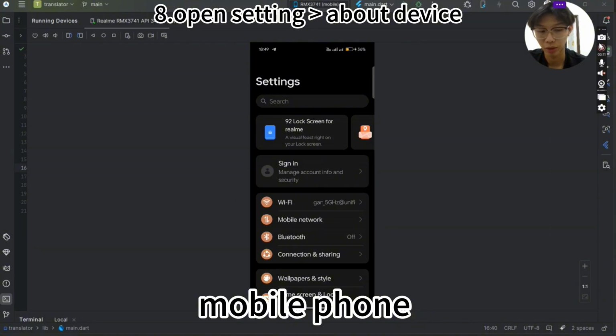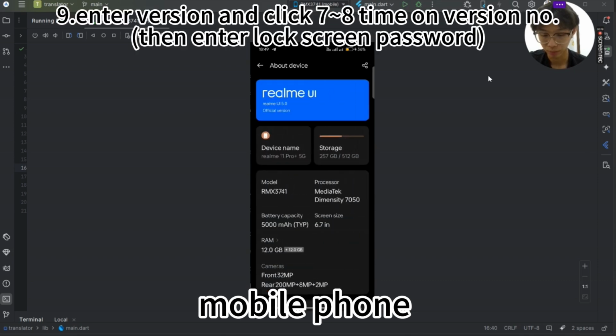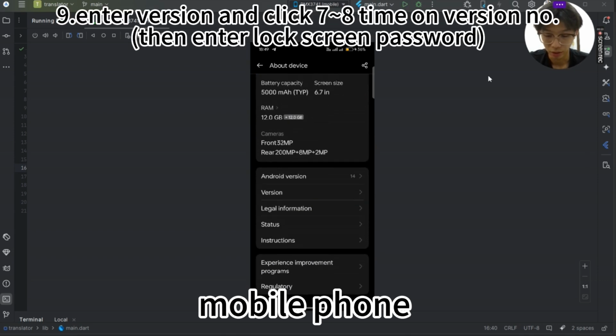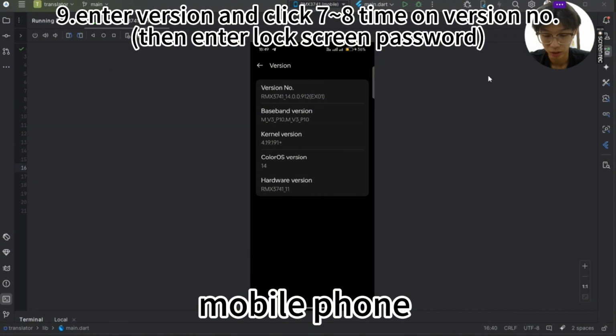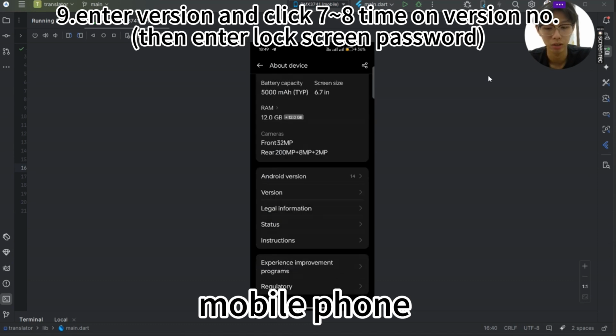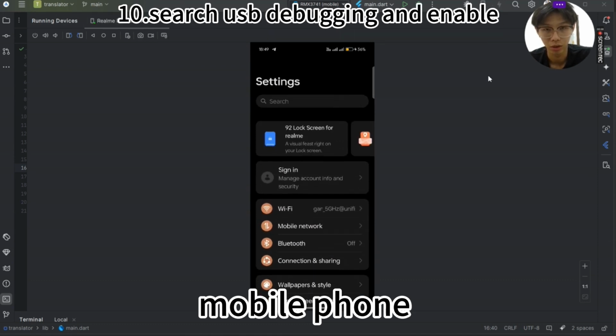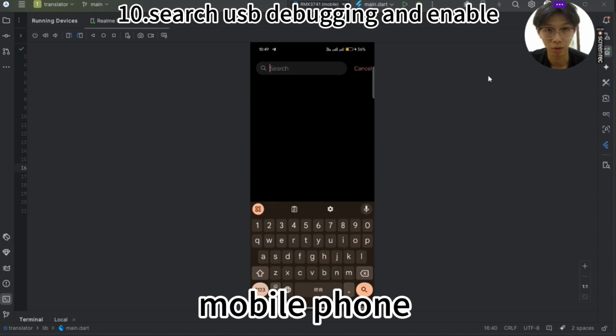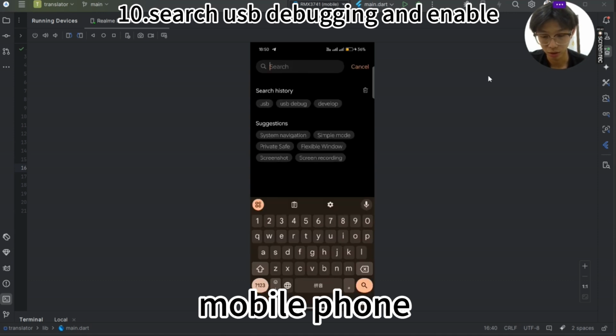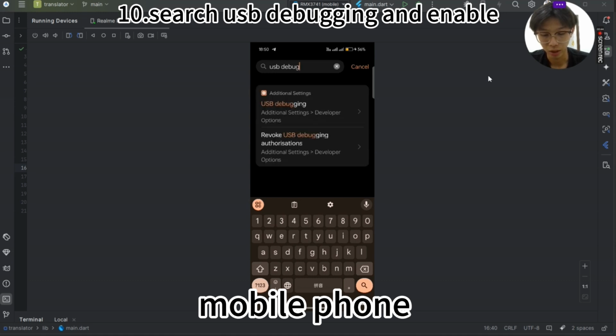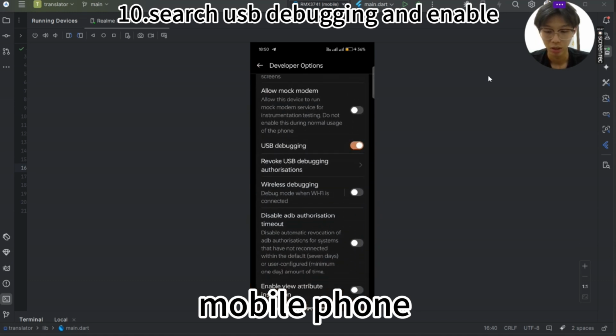Now I will show the steps to enable developer mode on our mobile phone. So first we open the settings, scroll down, and find About device. And then we scroll down again and find the version. And we click around 7 to 8 times on the version number. And after that, it will show a prompt to enter the lock screen number. After entering the lock screen number, it will show that developer mode is already enabled on our mobile phone. After that, we search for USB debugging, and then we enable it to allow us to connect our phone with the